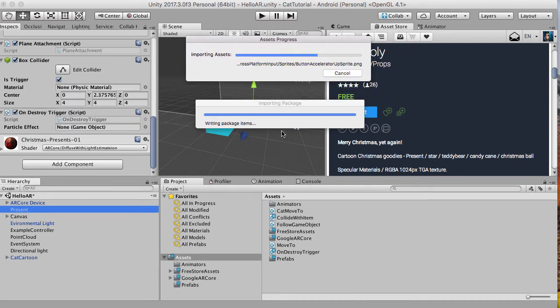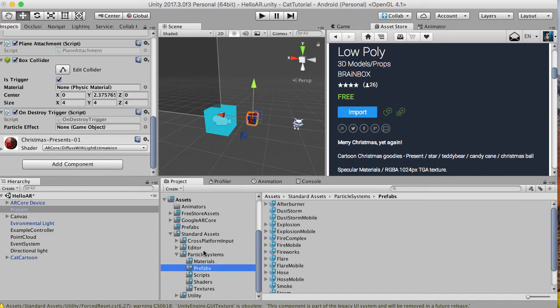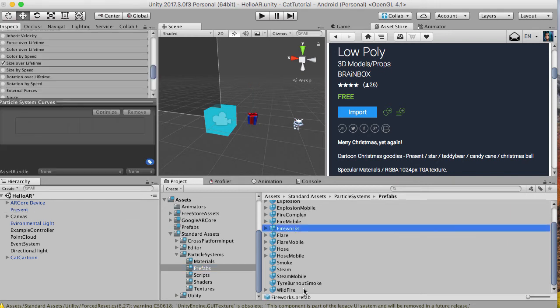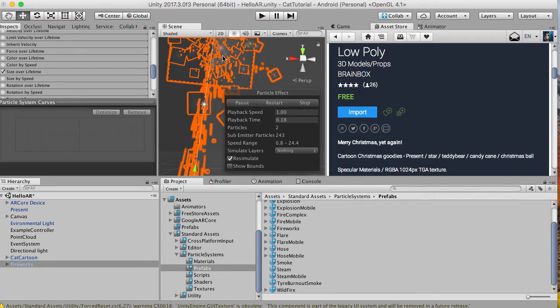for us now, and once it's imported, we're going to select, there we go, standard assets, particle prefab. We're going to select the fireworks one. Let's just put that in the scene and see what that looks like. Okay, so that looks great, but